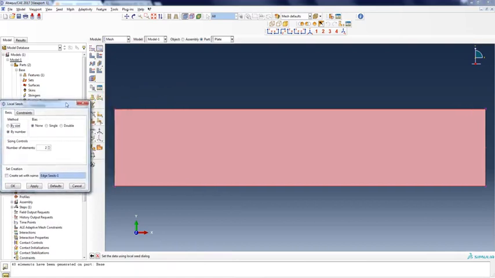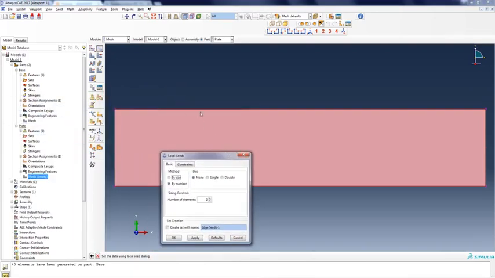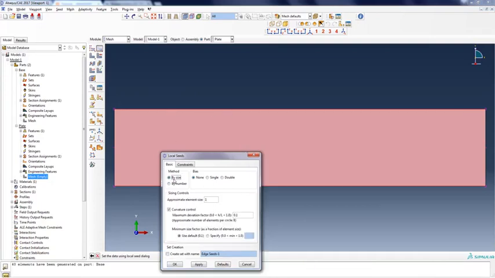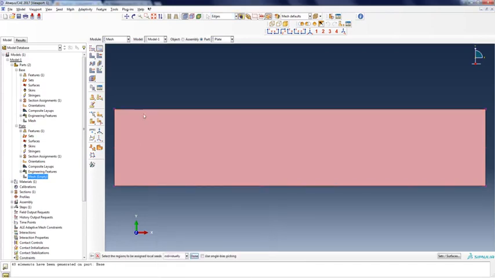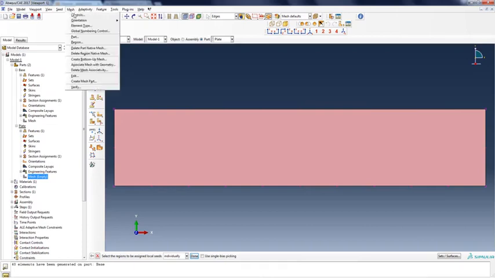And the thickness is 2 millimeters, and we can make use of the size as a guideline so that we know how the elements would look like. And we mesh it.